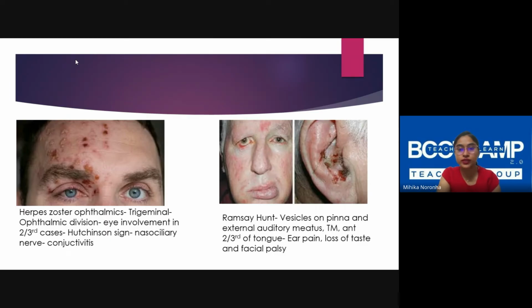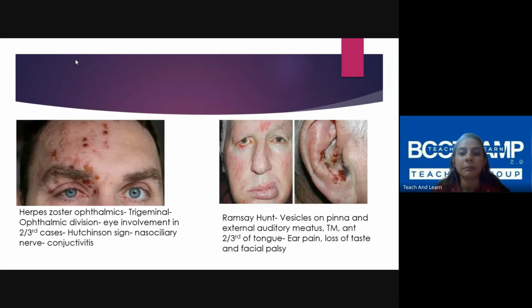They will require topical steroid applications. If it's very severe, ophthal might suggest an oral steroid. This is combined with your antiviral therapy, of course. And if you're suspecting, there is a slight redness and the patient is having some complaint and you're not seeing the Hutchinson sign also, it's okay. Just refer them to an ophthalmologist. It is okay.